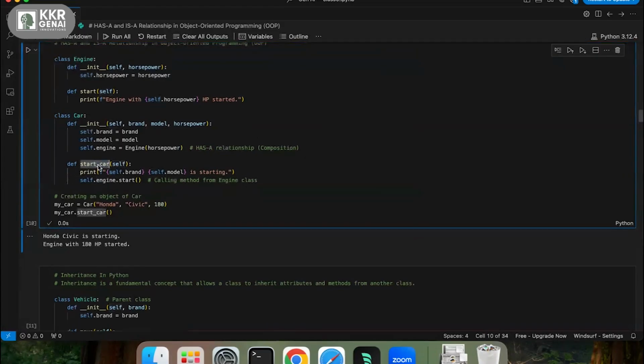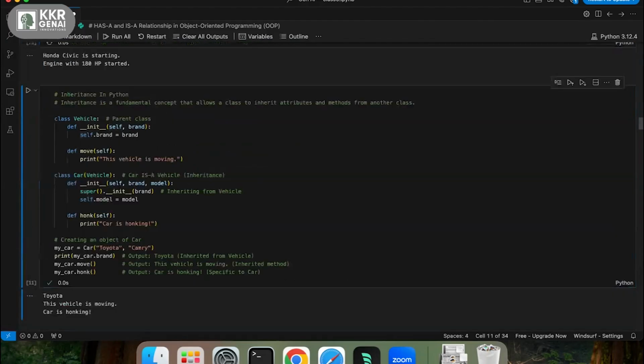If I have a start underscore car method, I'm just calling the start method, because if I start the engine, my car will start, right? So self dot engine dot start will go to the engine and call the start method.